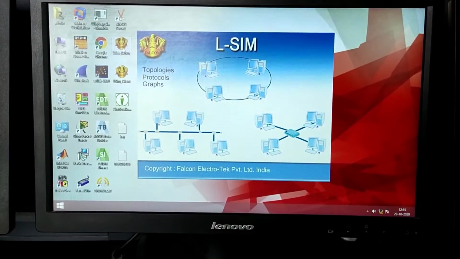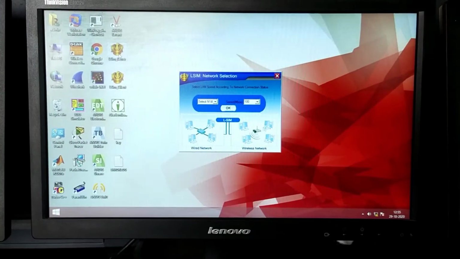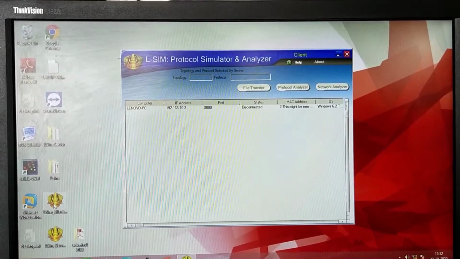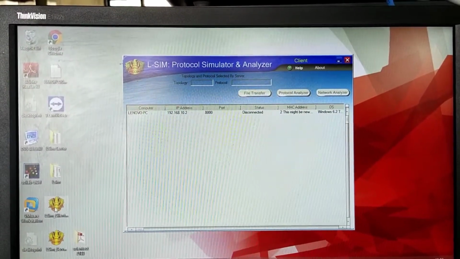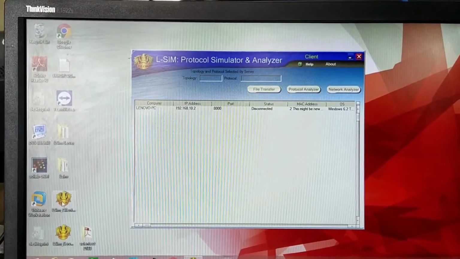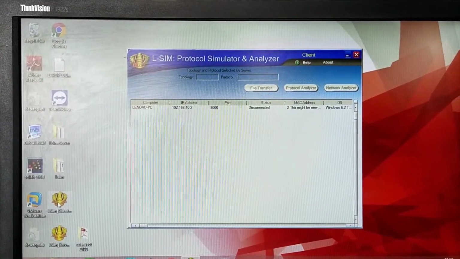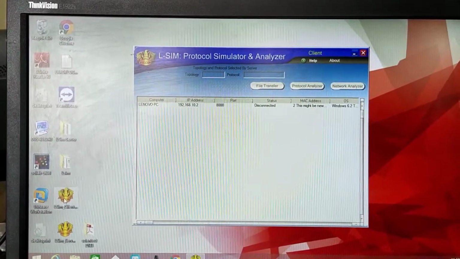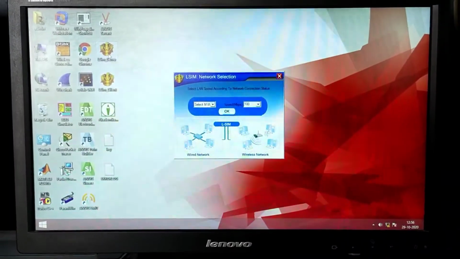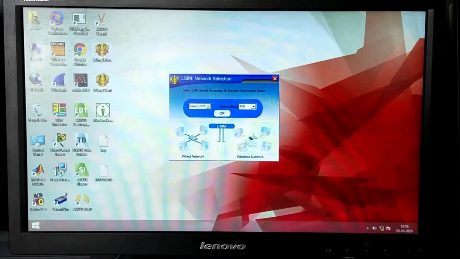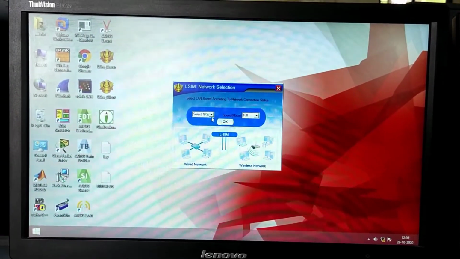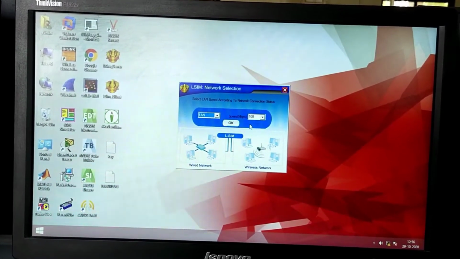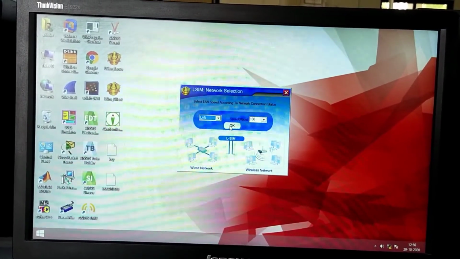As soon as you switch on the server, you will see the IP address of the server on both the clients. Here it is, a client showing the server IP address 192.168.10.2 and status disconnected, as we haven't yet configured and started the server. We have just opened the application. So let us configure the server part. We have to select the network here, that is LAN. Any speed that you have in the network, we will go with the default one and press OK.